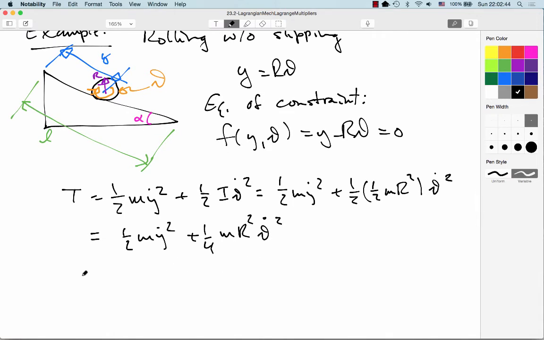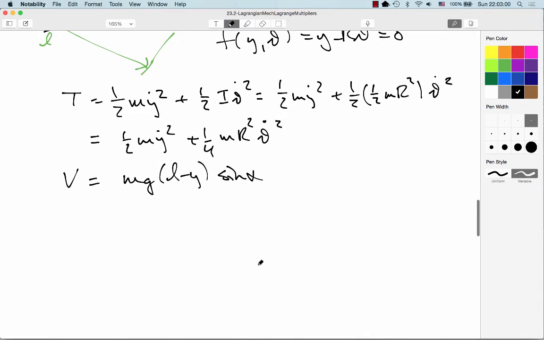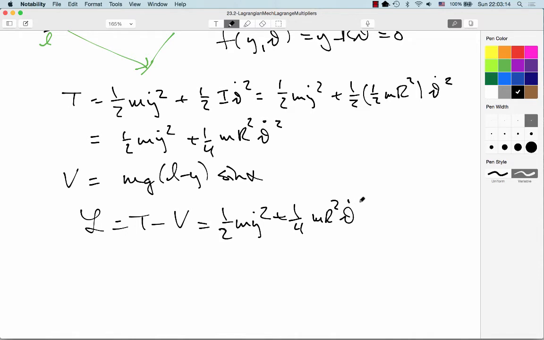Super. And then for the potential energy, we can just go with, if this is 0 down here, my height will be L minus y sine alpha. Awesome. So my Lagrangian is T minus V. So it'll be 1/2 m y dot squared plus 1/4 m r squared theta dot squared minus mg. Actually, let's make it plus. We can be cute. y minus L